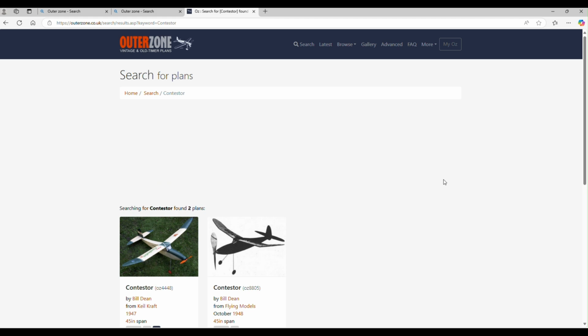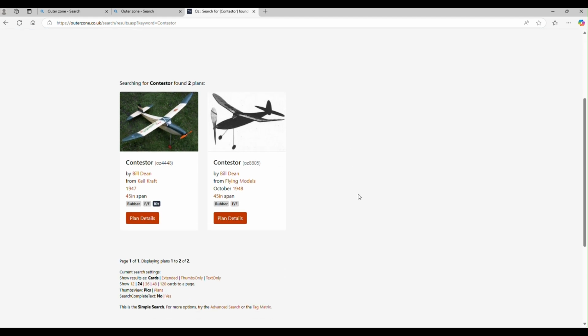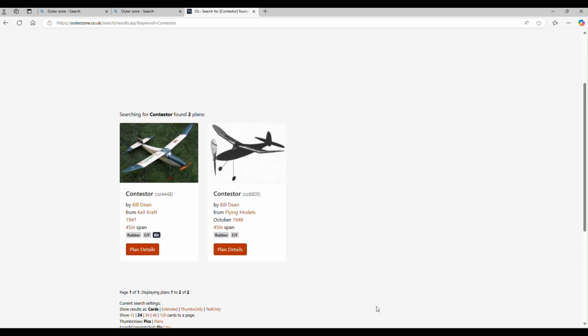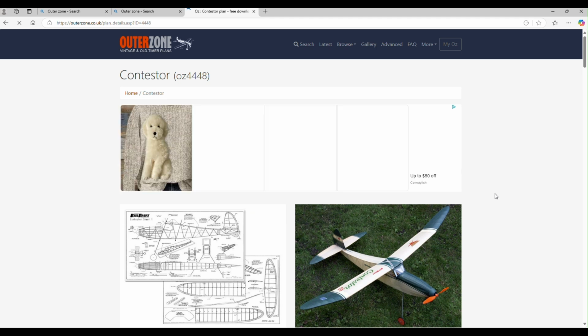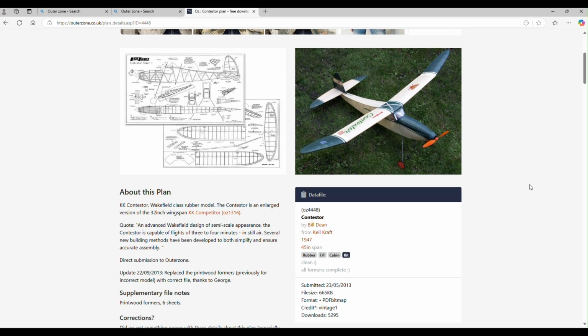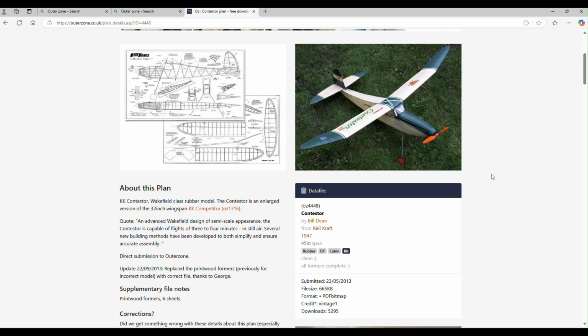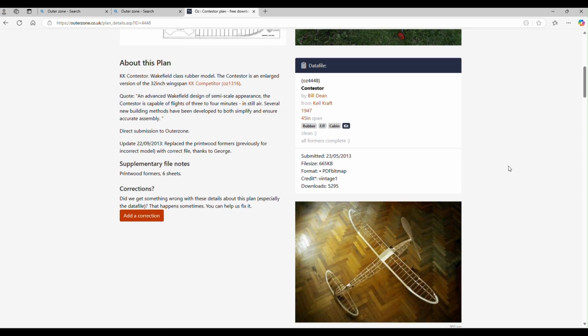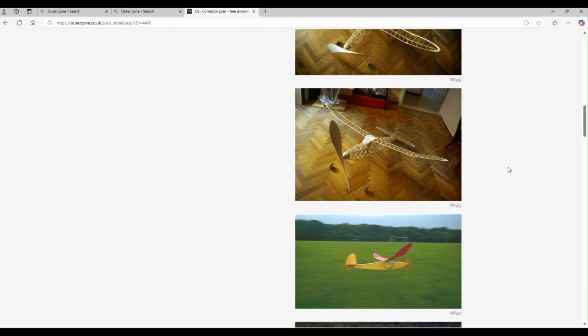Press search and we go straight to the old Keil Kraft model, and if we click on plan details, it shows us a little sketch of what the plan looks like, and a picture of the aeroplane that somebody's built. So if we scroll down further,